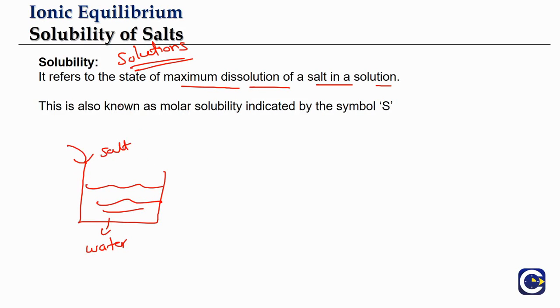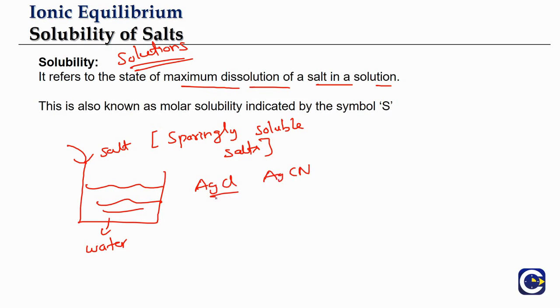So generally here the idea of the equilibrium in case of solubility, we will be talking for type of salts which we call sparingly soluble salts. So these are not highly soluble salts like NaCl or KCl. These are sparingly soluble salts like silver chloride or silver cyanide. So these were basically what? Sparingly soluble salt. Means they will not be able to dissolve in that solvent to a large extent. They will only be able to dissolve partially. That is what we will be calling sparingly soluble salts.